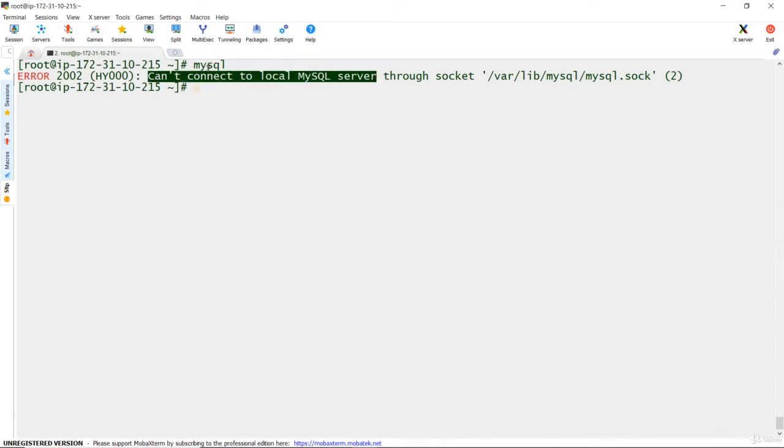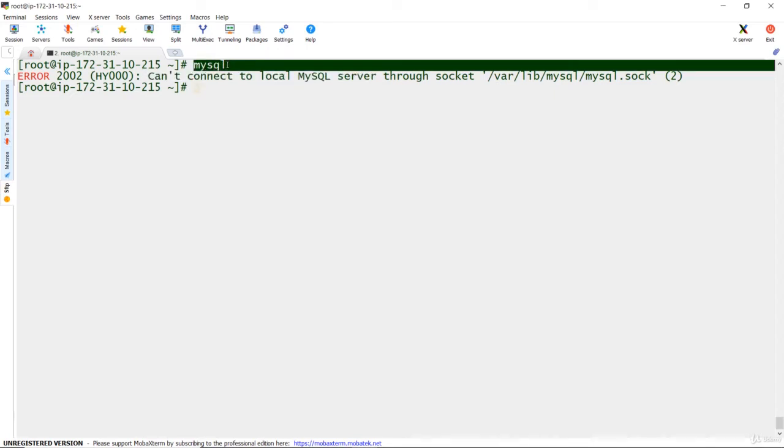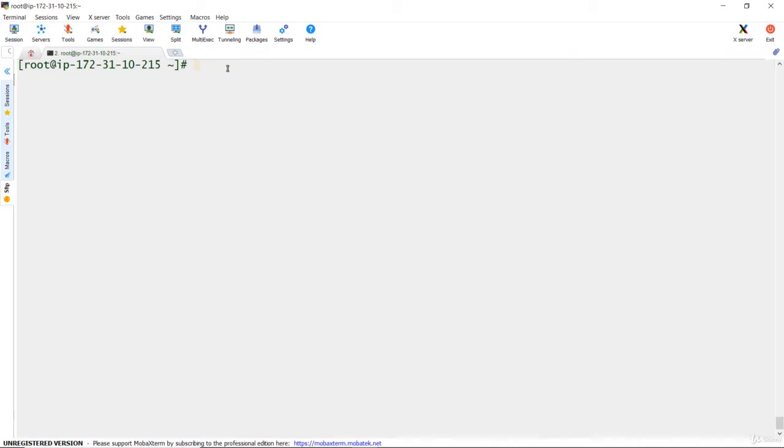What your client is trying to do is connect to a database which is running on the same EC2 instance. Since we do not have any database running, it is giving you an error. So we have to explicitly state to the MySQL client that our database is running on RDS and provide the endpoint URL. So let's try it out.